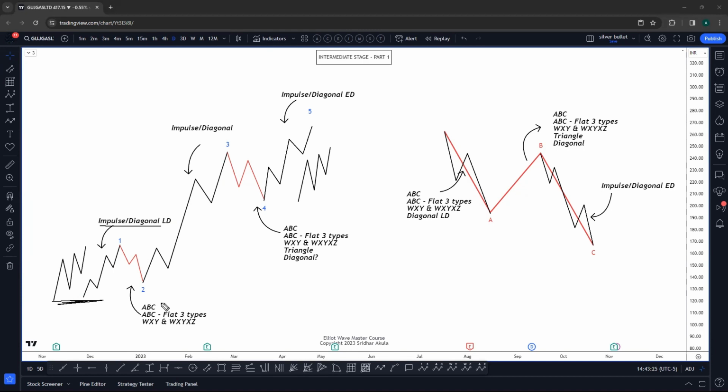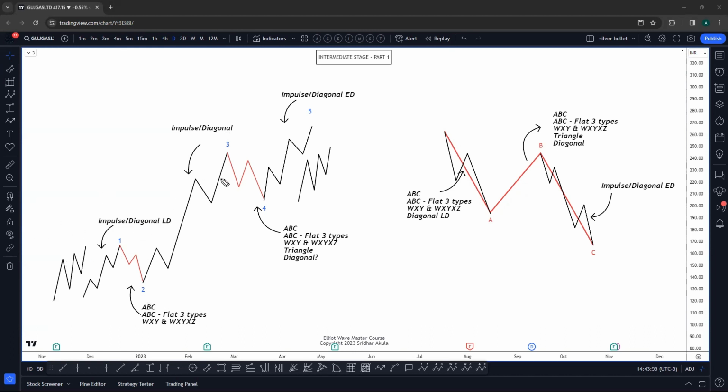Now wave 2 can make your ABC flat, of 3 types. What are the 3 types of flat? Irregular flat, regular flat, and expanded flat. Then you have your WXYZ, double zigzag, and triple zigzag pattern. Similarly, your third wave is always an impulse, and within a diagonal, you can make a possible 3-wave structure if the entire move is a diagonal, for example,